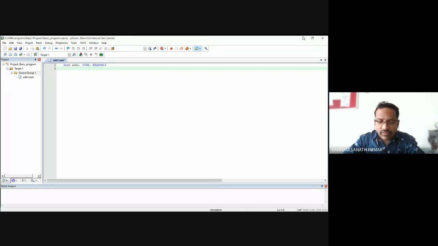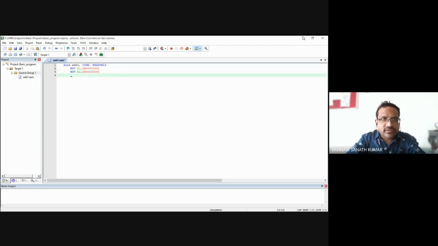I'm moving some value: MOV R1, comma, 0x. 0x represents a hexadecimal value; 0b means binary. I'm giving the value 0x00000002. Next, MOV R2, comma, 0x00000004.